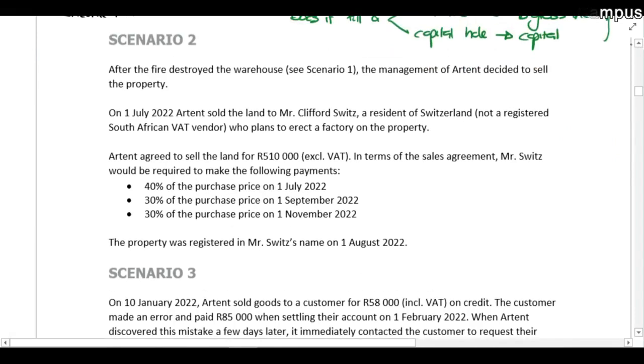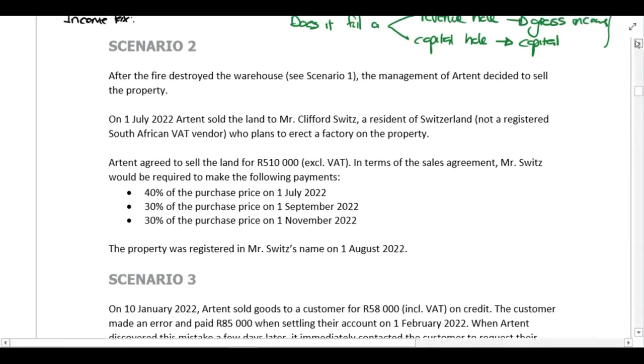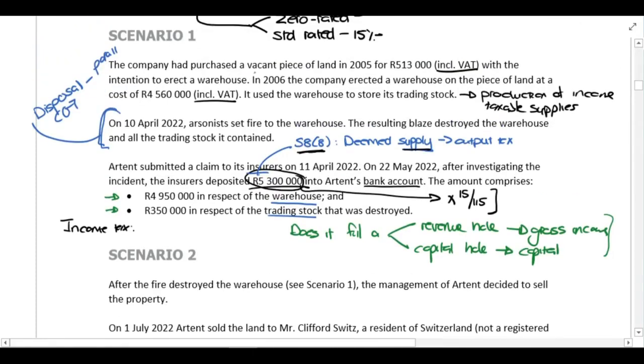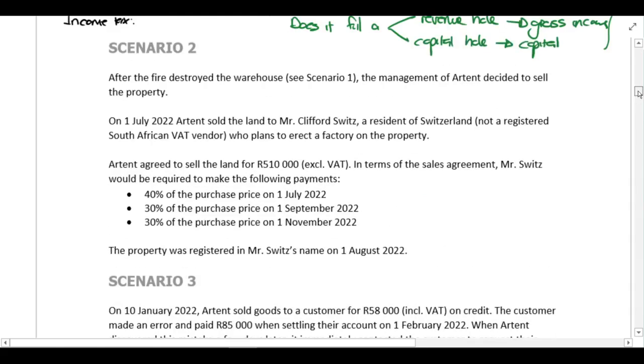Right, then let's look at scenario 2. After the fire destroyed the warehouse that we just saw, the management of Artent decided to sell the property. Now remember what this means is this warehouse was on a piece of land. That's what they bought it on. So now they're saying they want to sell that property because the warehouse is gone. On the 1st of July 2022, Artent sold the land to Mr. Clifford Switz, a resident of Switzerland who is not a South African VAT vendor